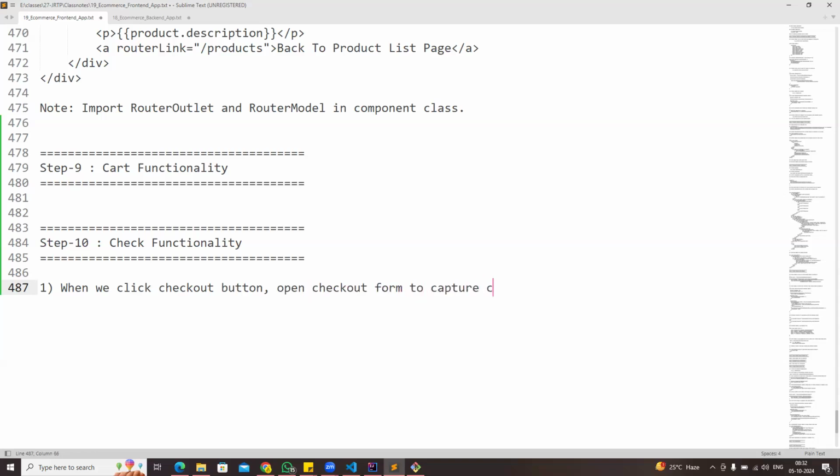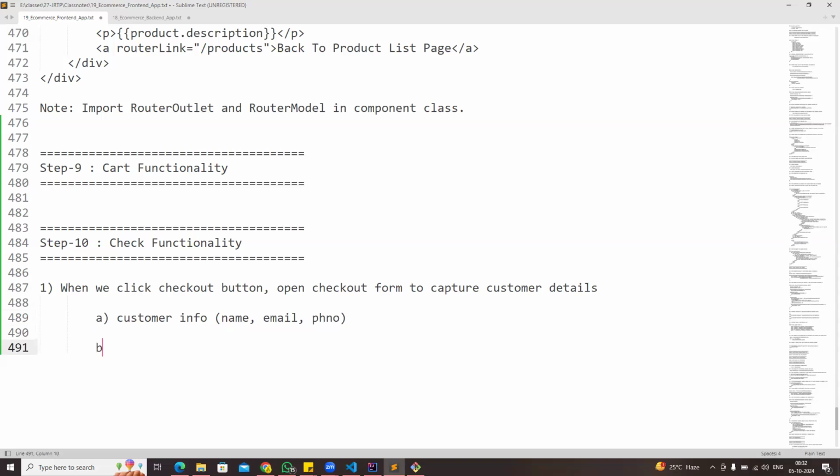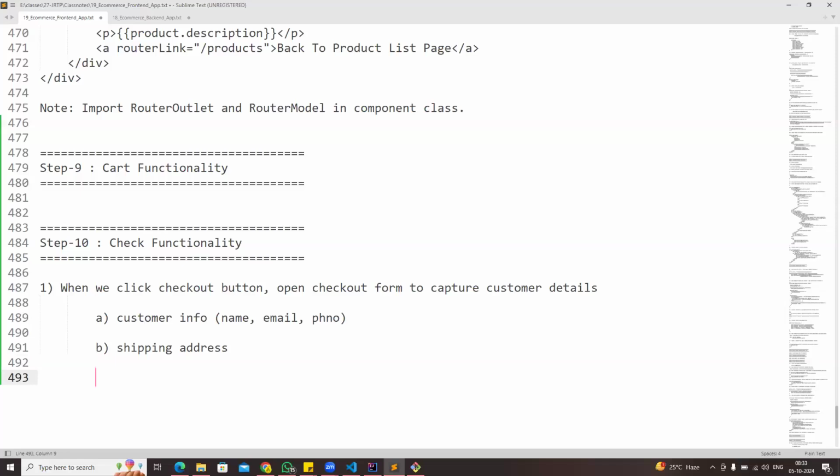to capture customer details. What details are we capturing? Customer info like name, email, phone number. Then we are going to capture the shipping address. Once this information is captured, when we click proceed to pay, then